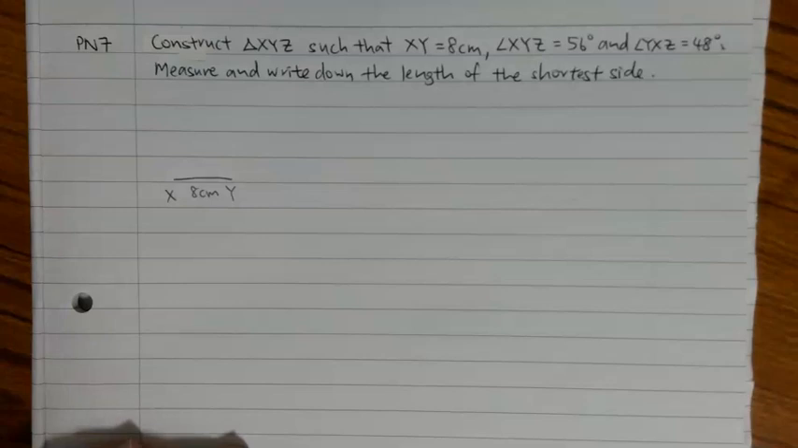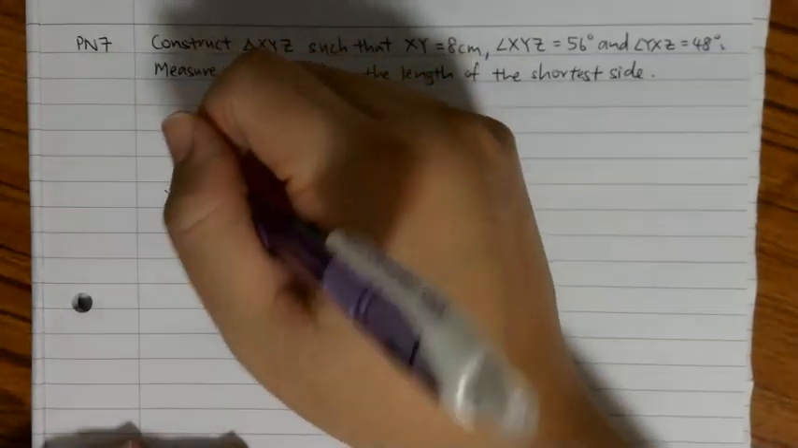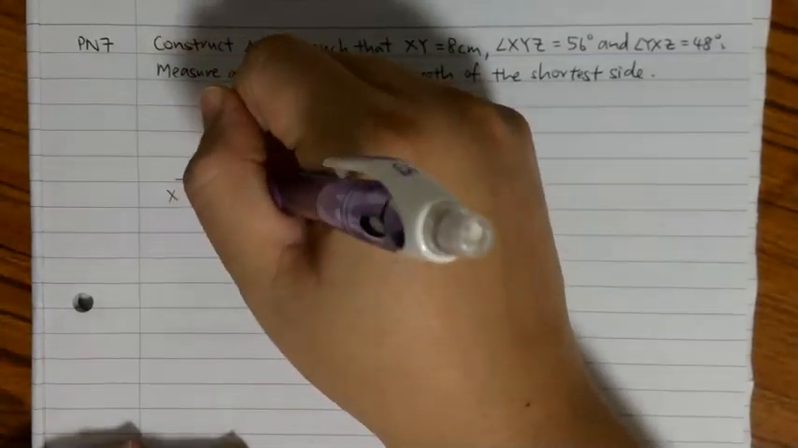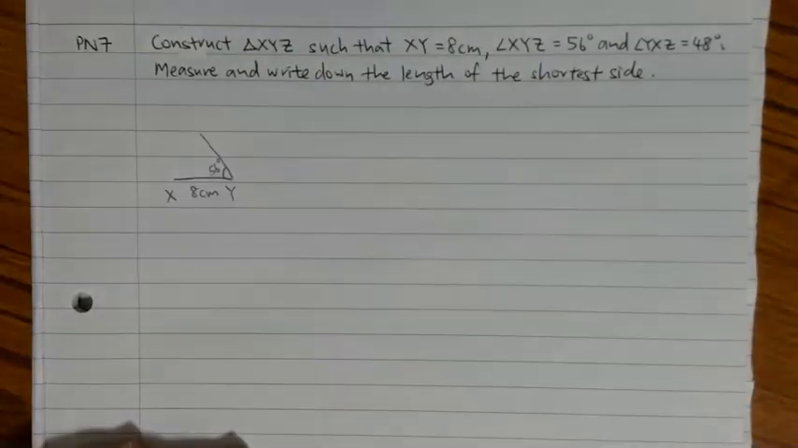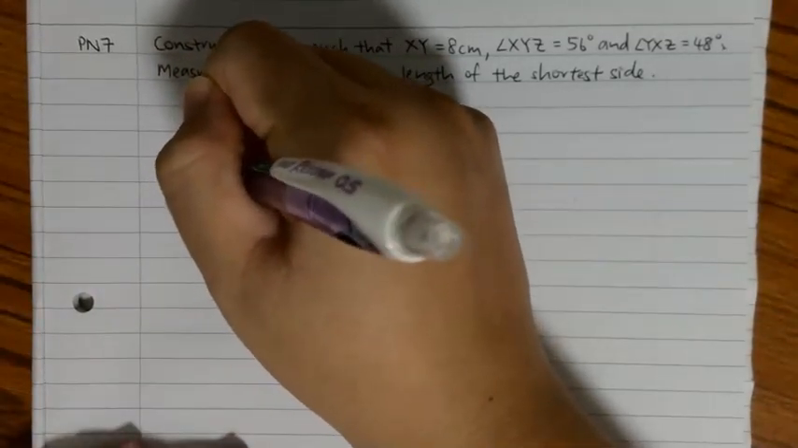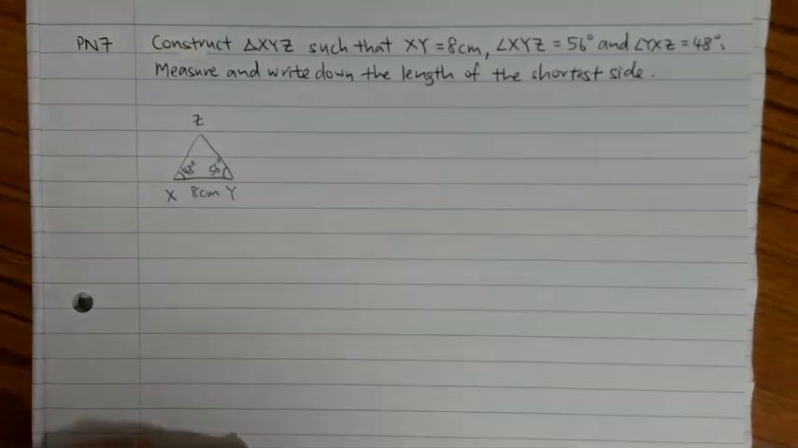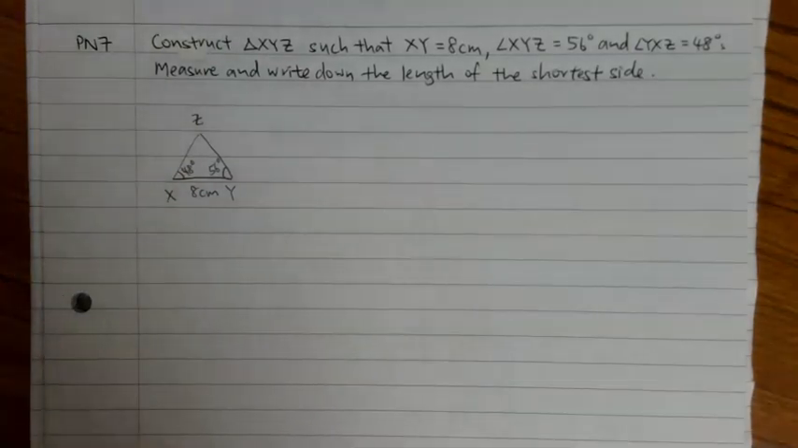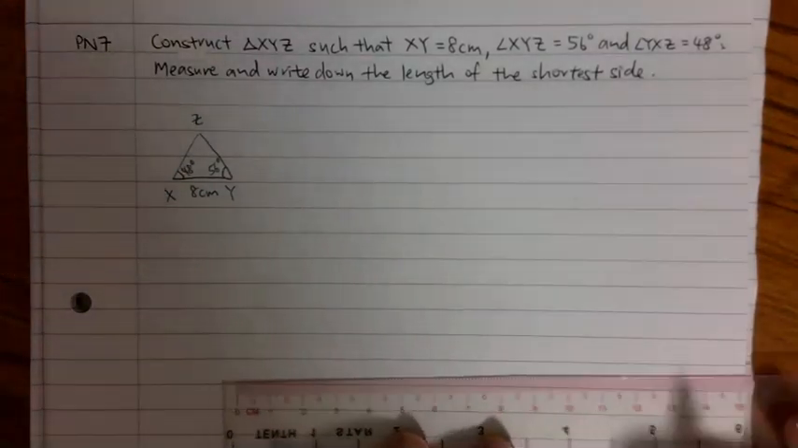Okay, then I know angle XYZ is 56 and I want angle YXZ to be 48. So my triangle will look something like this. Okay, so the actual drawing,